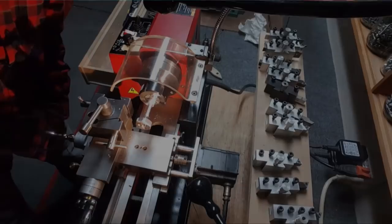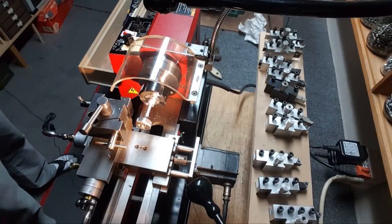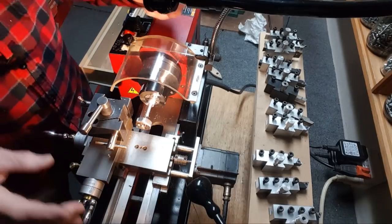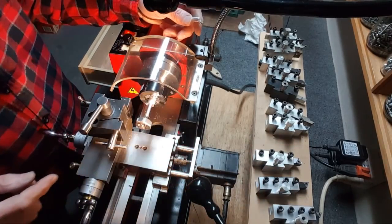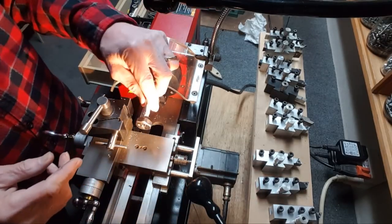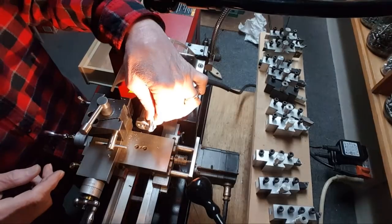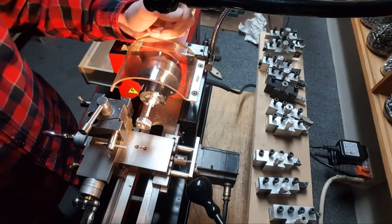Let's see. I got so wrapped up in what was going on. I can't be playing with the camera in this power feed CNC. Something messed up with the limit switch. It went right into it, snapped it right off. Jeez. So it took me a few hours to figure out that it